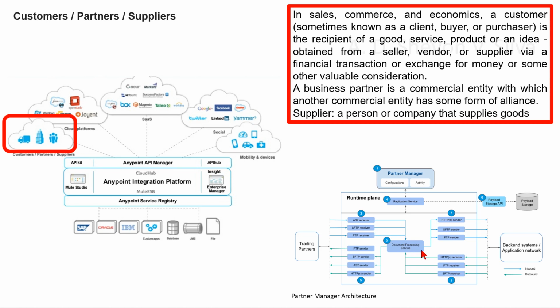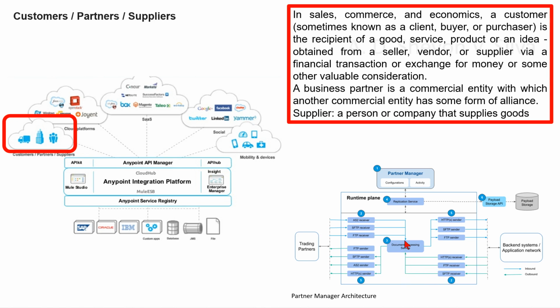And the document processing service is connected to the HTTPS sender. Here, the backend systems and application network are connected to the HTTPS receiver, FTP receiver, and SFTP receiver as outbound, and the HTTP receiver, FTP receiver, and SFTP receiver are connected to the document processing service as